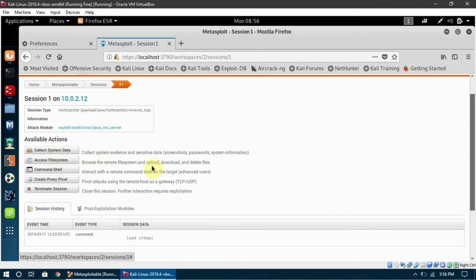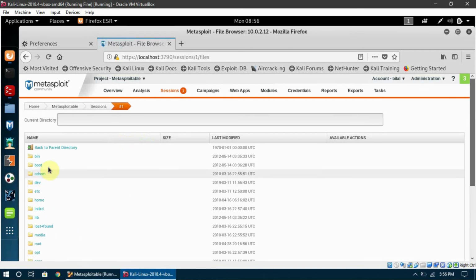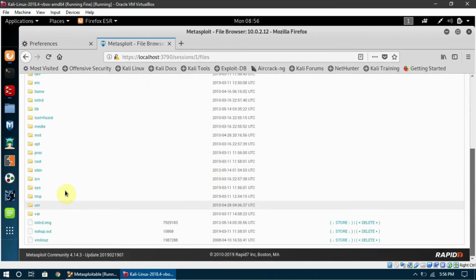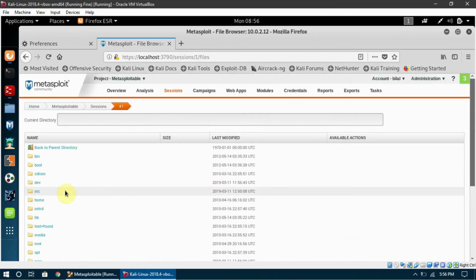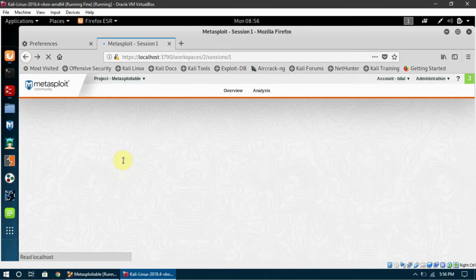Here is the access file system option, and by clicking it, we can see the whole file system of Metasploitable, all the folders and file directories. You can see there is an etc folder, cdrom, boot, and all these things, and we can go into these folders and see what we can find. But right now I am going to go back and show you another thing.